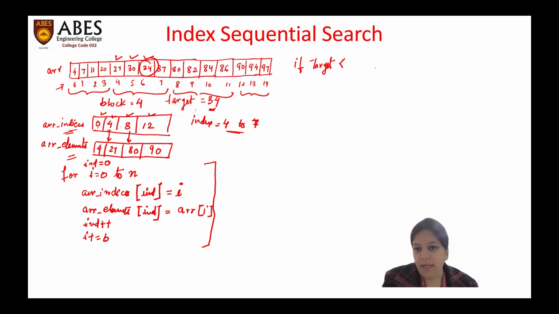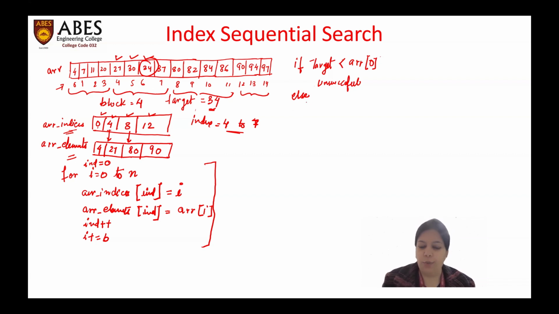If it is, then we can simply say that the search is unsuccessful. Right. But if this is not the case, if the target value is not less than the first element, then